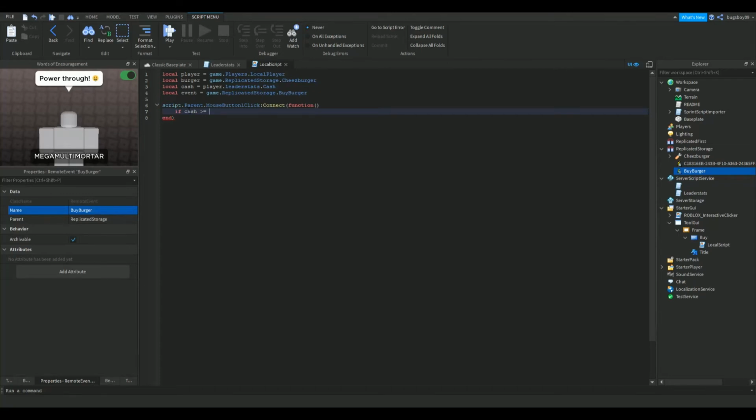At the moment I'm going to keep mine low, otherwise they wouldn't be able to buy it. So I'm going to keep mine 25. So if cash is greater than or equal to 25, then